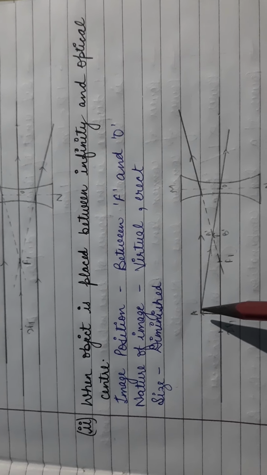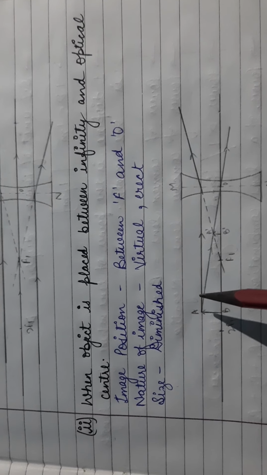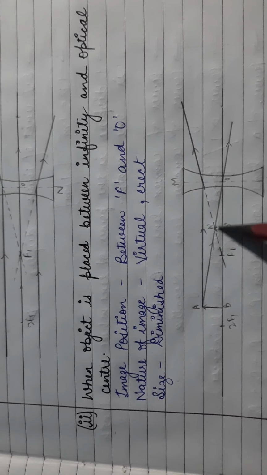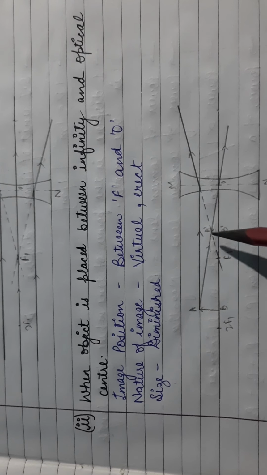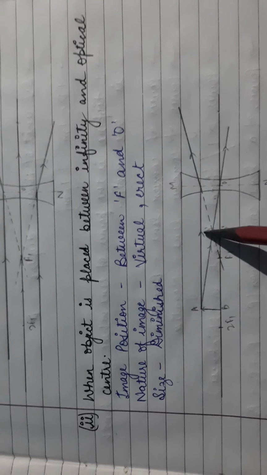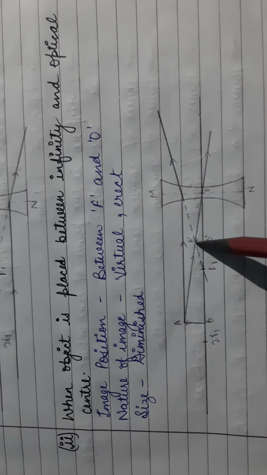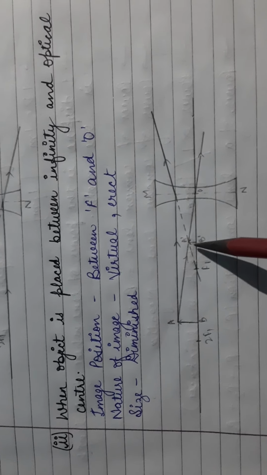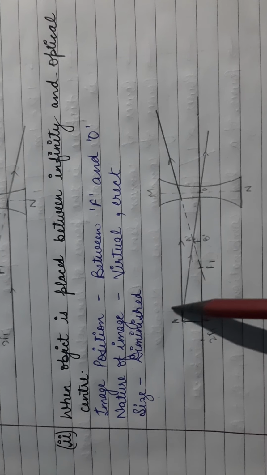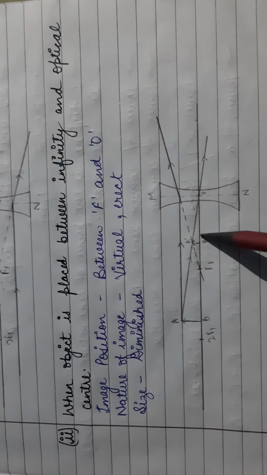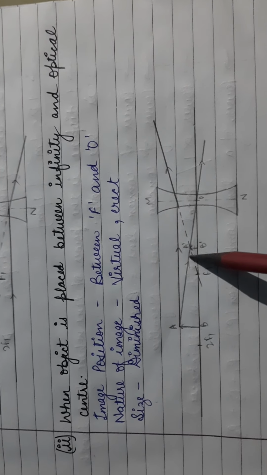The third rule is, a ray of light passing through the optical center will emerge without any deviation. So this is the point where they both intersect each other and the point where the image will form, that is a dash and b dash. Here is the image formed. This is quite smaller than the object size, so that's why we have mentioned it as diminished. Now moving next,